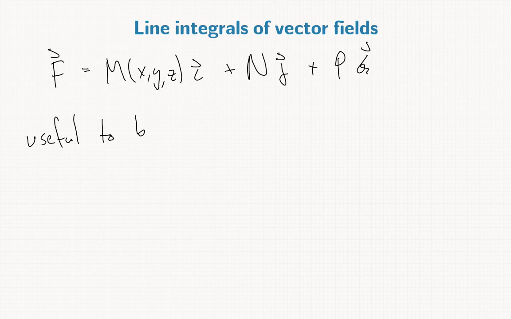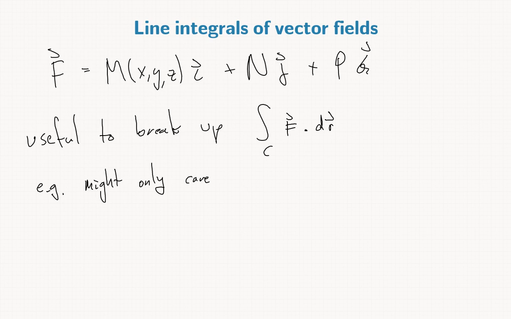to break up the line integral into the contributions from these separate pieces. An example of this would be if we might only care about the vertical direction for gravity,